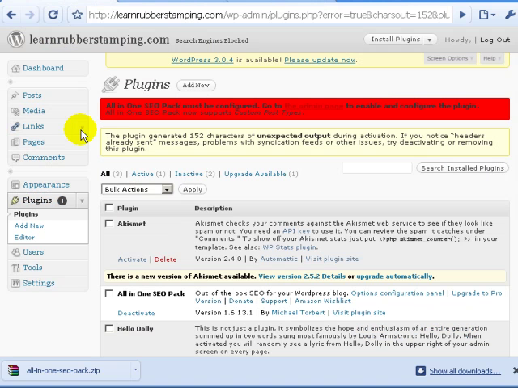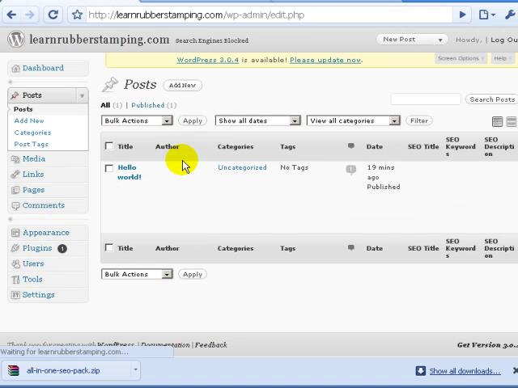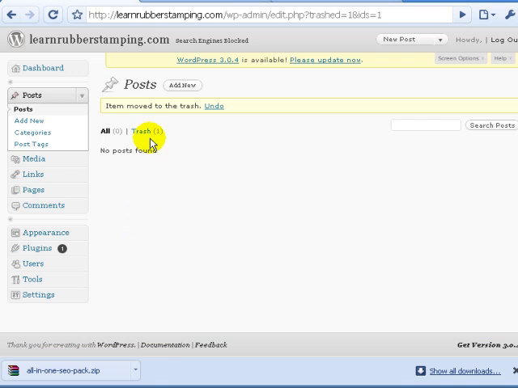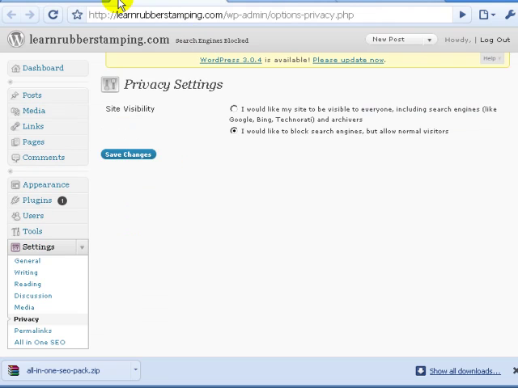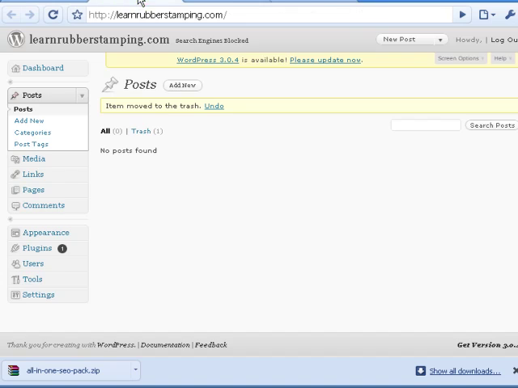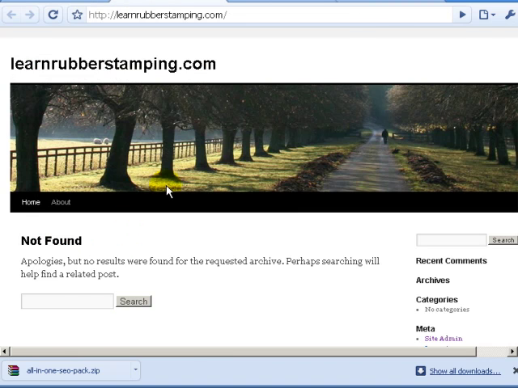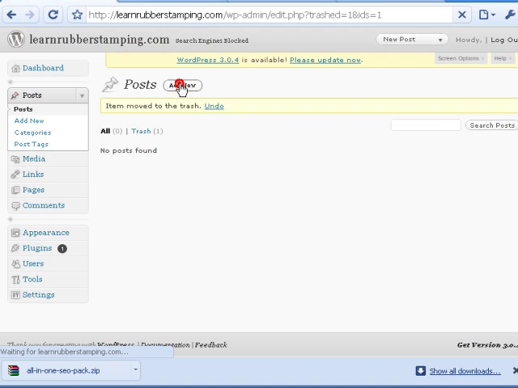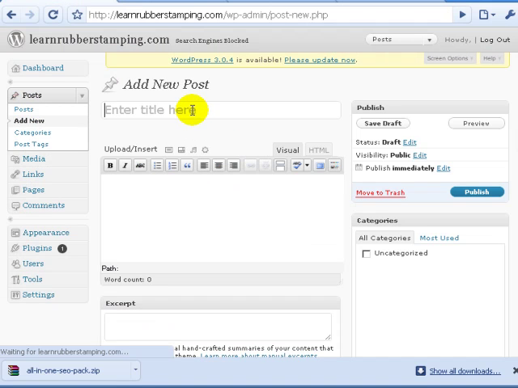Now what I want to do is show you, if I go to the post section, let's say for example that I want to create a post. Let's say that I want to delete the hello world post. So I'll move that to the trash. I'm going to trash that, but I want to add a new post. So if you go here, you'll notice there's no post. But if I create a new post,